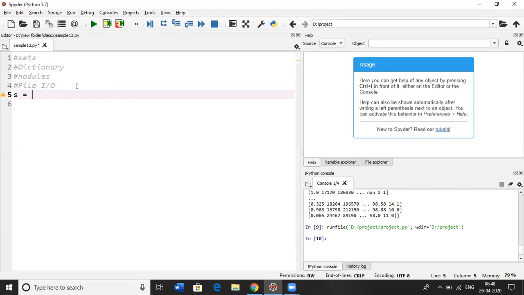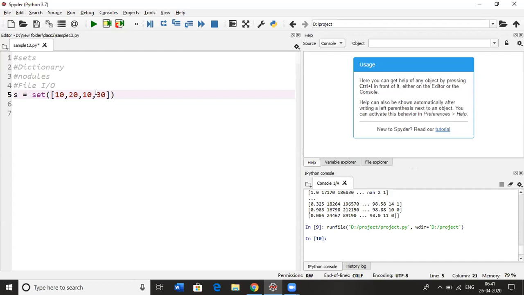You can create a set in two ways: you can use curly brackets, or you can use the set function. It will create a set object, and if you want to add some values, you can pass the values like a list. In that list, I'm going to pass some values. And one more thing, a set will not take duplicate values. If I give 10 another time, it will only take it once. So it will not take two tens.